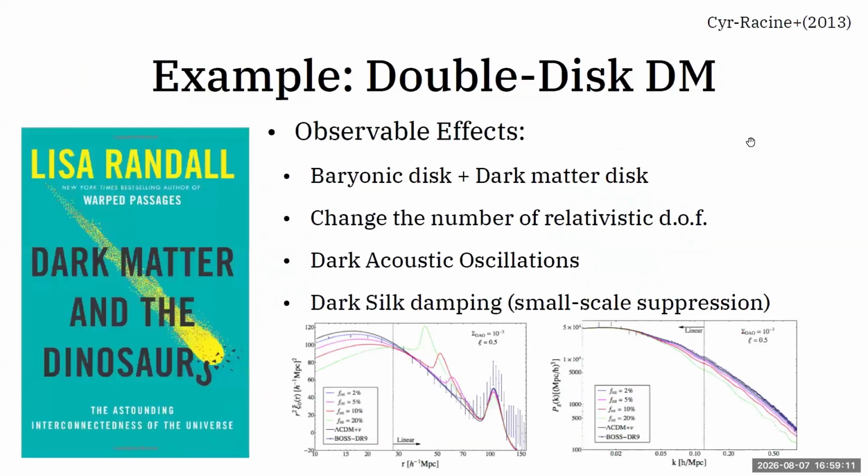All right, this is not my original model. Lisa Randall has the same model. She called this atomic dark matter model. She even killed dinosaurs with her model. What she made is called dark matter and dinosaurs. What's the connection here? She made an exactly similar kind of model, but at a different corner of parameter space. In her model,